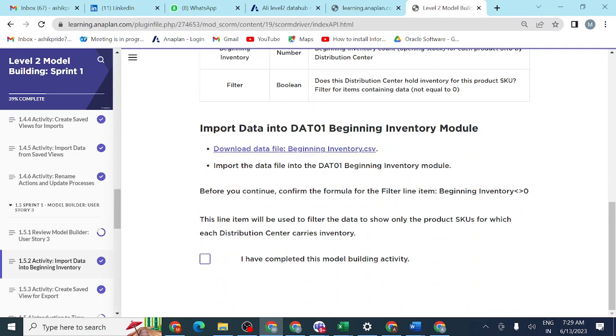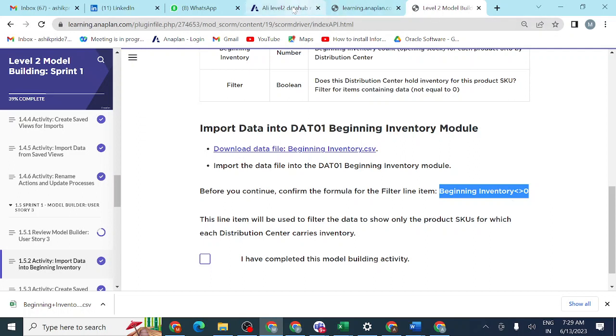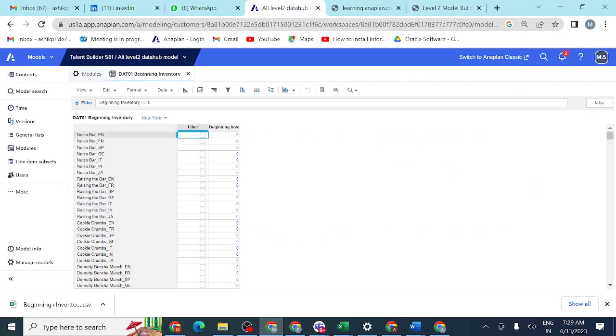Import this data into this module. So first of all, what should we do? Download this file, then import the data into the data beginning inventory module. Before you continue, confirm the formula for the line item beginning inventory. For the filter line item, we should use this formula: beginning inventory less than or greater than 0, which checks whether we have stock or not.